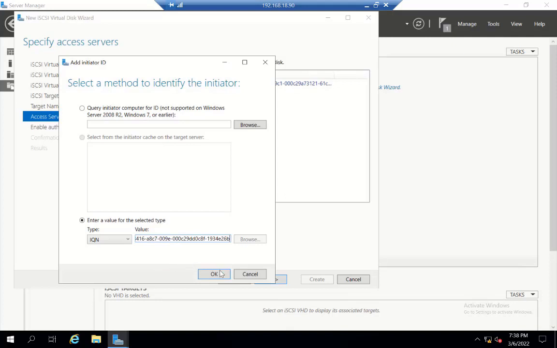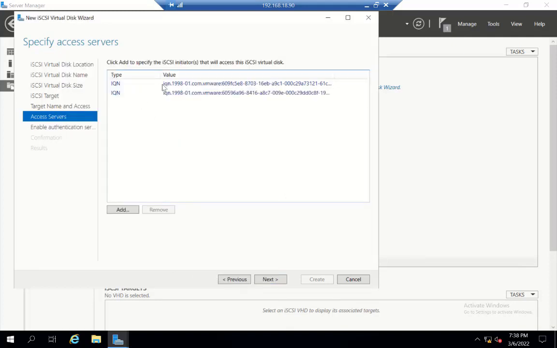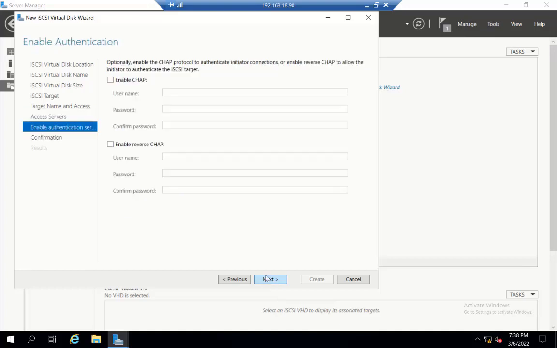So these two are allowed to access my iSCSI target from the network. In the same way I click Next, and here I don't enable authentication because this is a lab environment. Again click Next, and then click Create. In this way we easily create the iSCSI target.